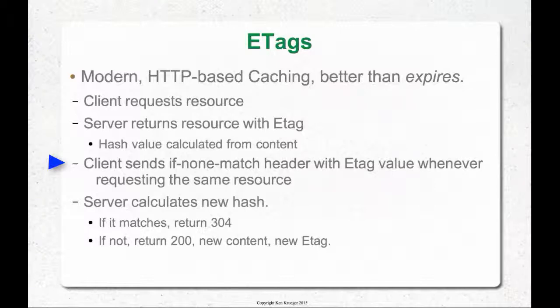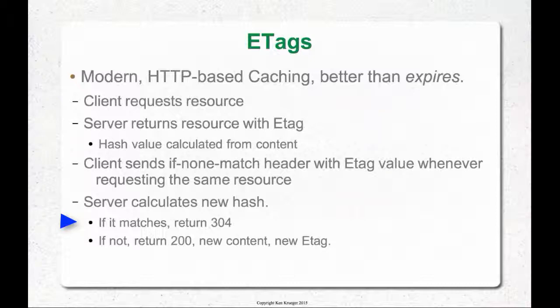So if this key doesn't match what you sent me last time, please send me updated content. Now the server will do the exact same processing that it did before. However, before it returns the new response body, it calculates the hash on it. And here's the important part. If the hash matches what the client sent, the server knows that the client already possesses the content that was going to be sent. So there's no point in sending it again, and the server will send back a 304